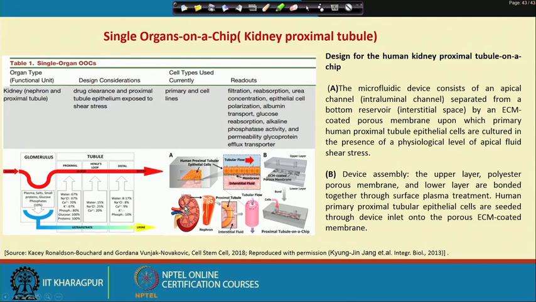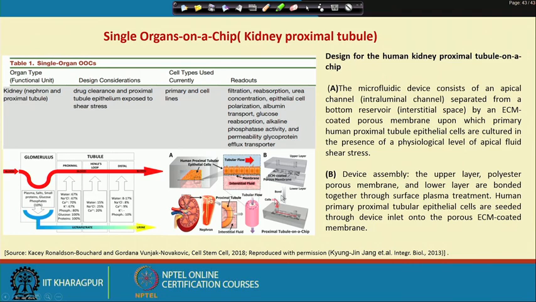So, this is the structure of the kidney, this is your nephron, the unit nephron, and how could this be mimicked? The epithelial cells in the nephron are highly polarized. So, for the polarization you have to give fluid flow. With this principle in mind, a porous matrix is developed here, above which the epithelial cells are growing, and below it the interstitial fluid is flowing. So, this is the tubular flow of blood, and here is the interstitial fluid.